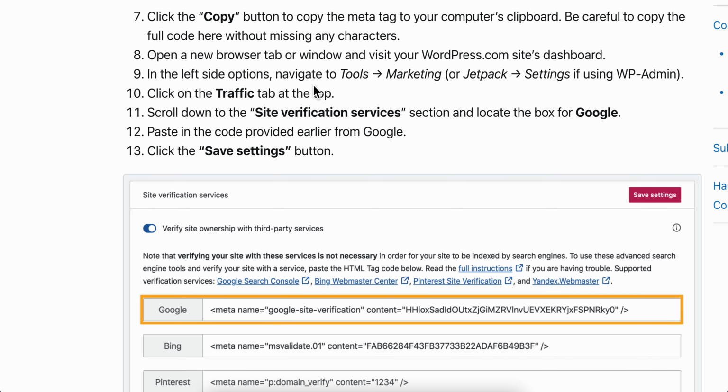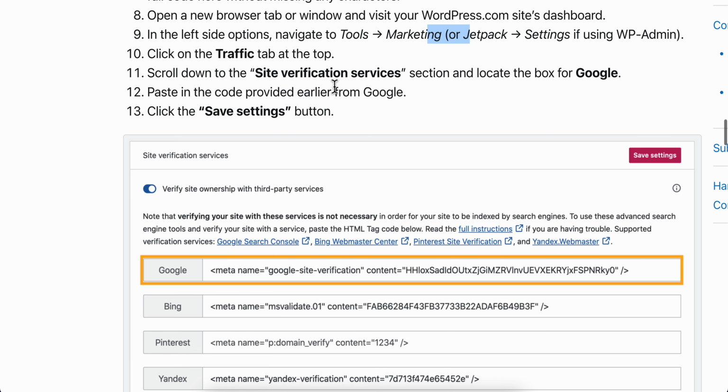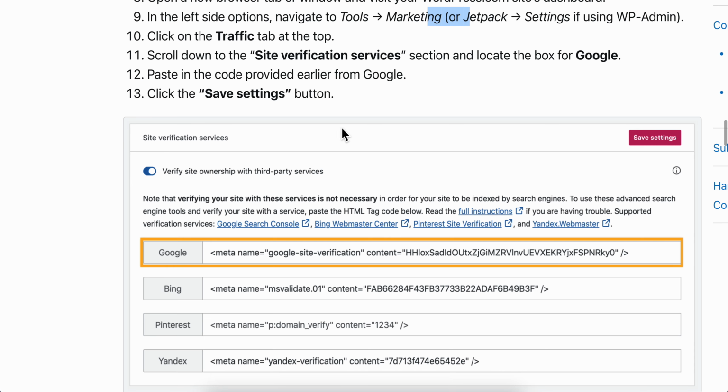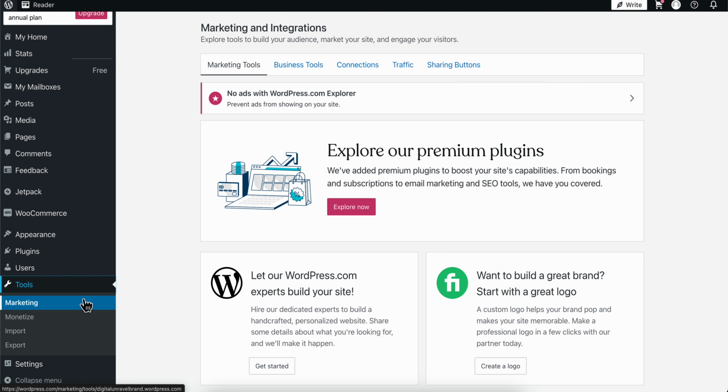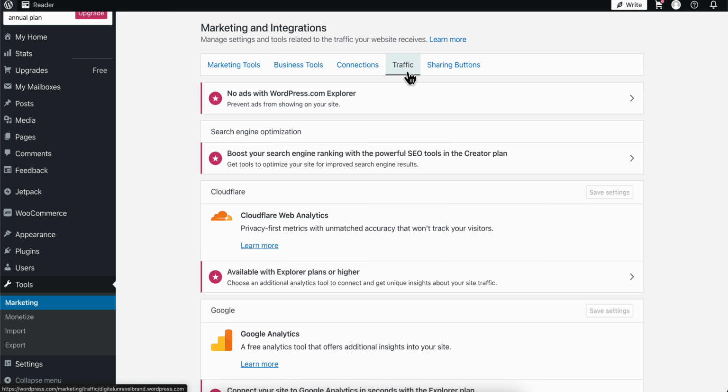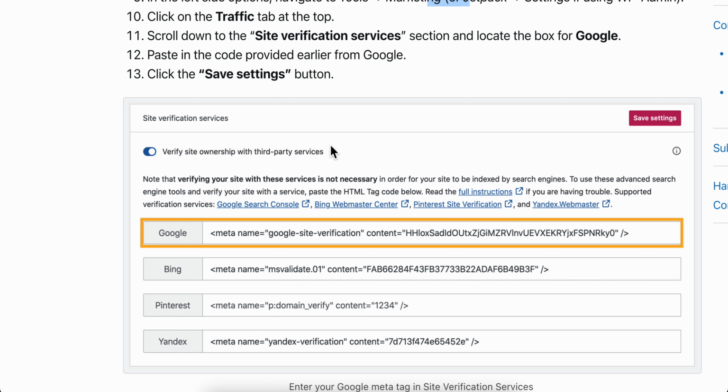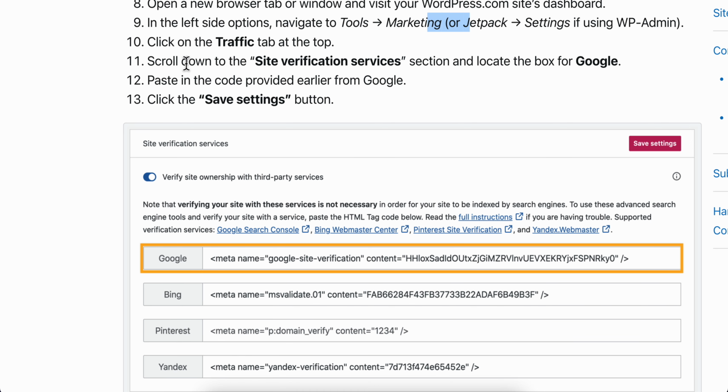In the left side options, go to Tools, Marketing, and then click on the Traffic tab at the top. So you simply go here, then go to Tools, and then go to Traffic. And then what you're going to do next is scroll down to the verification services section